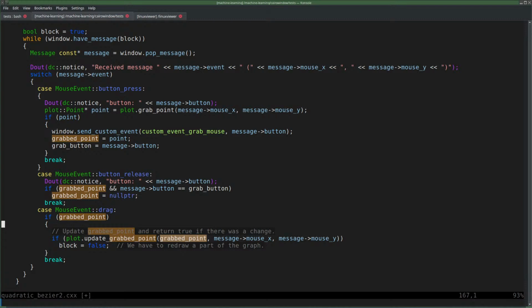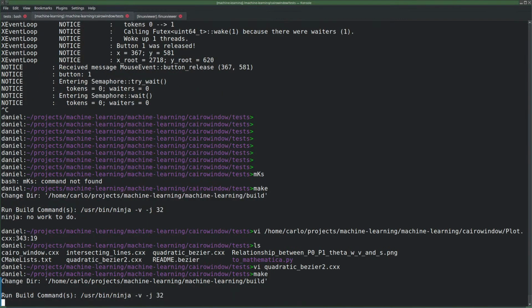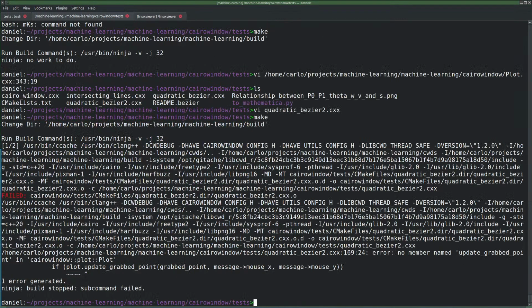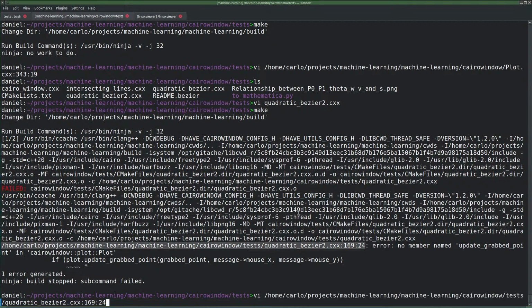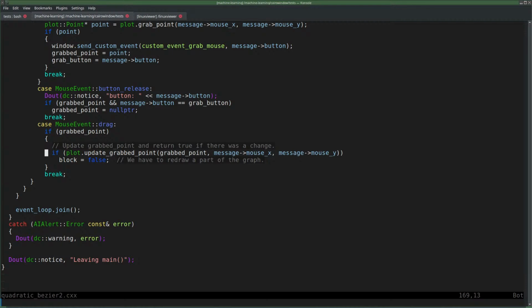Great. Yeah, I think that I only have to implement update grab point now. The rest is working. Looks like it. Update grab point. As a function of plot,